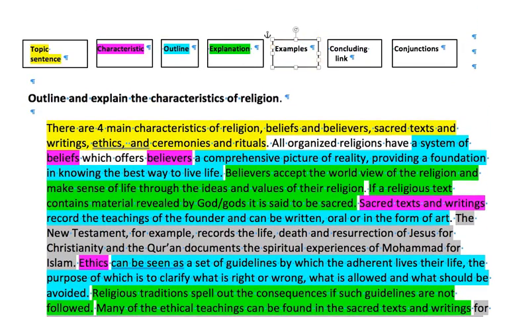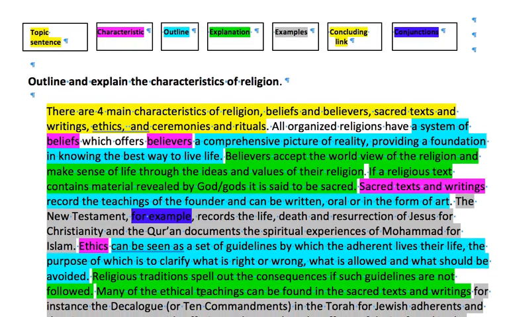Alright, so we've got our examples in grey. Okay, I just want to draw your attention to the conjunctions in the text. Conjunctions link ideas together. So depending on the relationship between the ideas determines the conjunction that you'll use. So whenever you want to use an illustrative conjunction to give an example, for example, or for instance, or this is shown in, all those kind of conjunctions will link with an example of that idea.